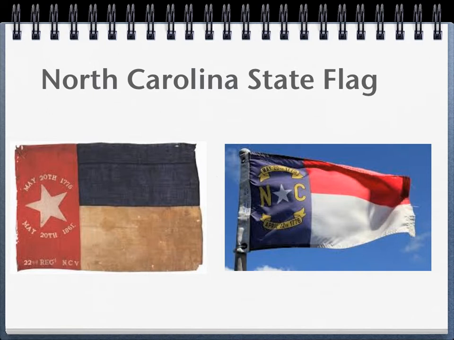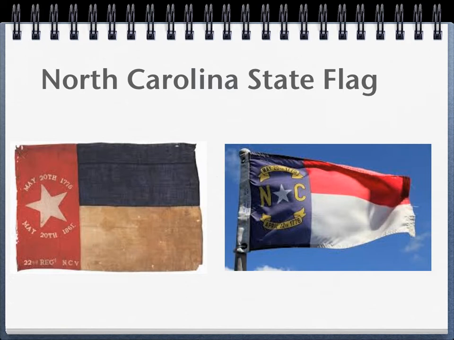Well, in 1885, we adopted a new design. Instead of the red field, we adopted the blue union to be vertical, the center star, and then we added an N on the left and a C on the right, which represents North Carolina, and then equal horizontal bars of red and white, red being on top, white of course being on the bottom. But instead of white inscription, we used black inscription, and the two dates were May the 20th, 1775 on the top, but on the bottom we have a different date. It's April the 12th,